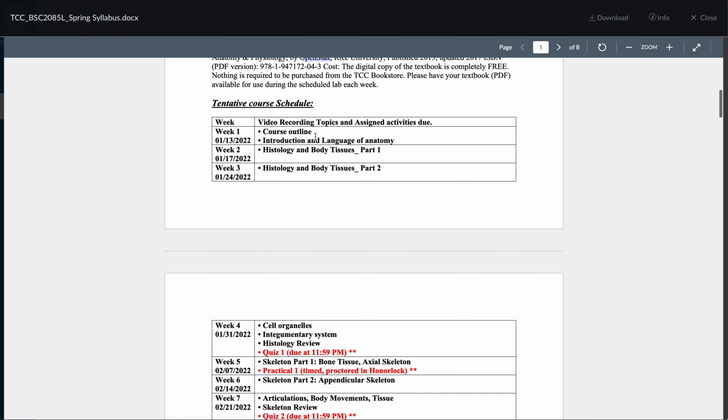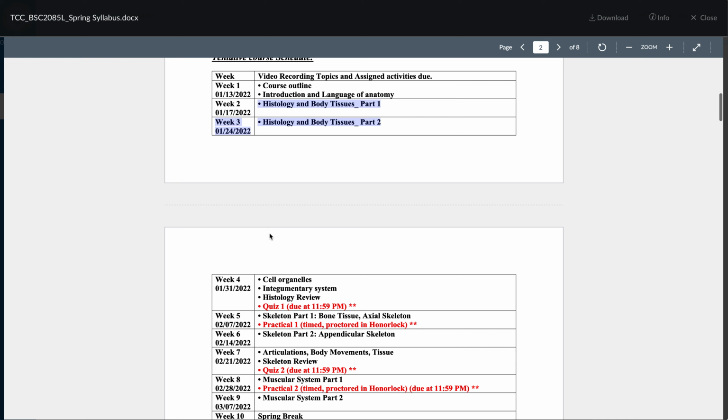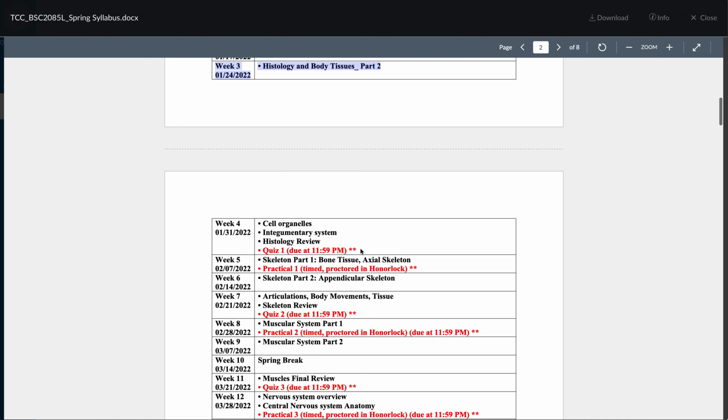The tentative course schedule, we don't have any regular meetings, either on campus or online, but those are the recommended things that you need to be watching and studying throughout those designated weeks. And here in the tentative schedule also, you're going to have the due date for the quizzes and the practical exams.